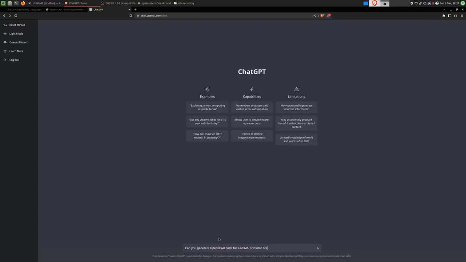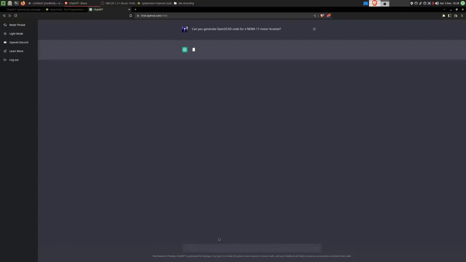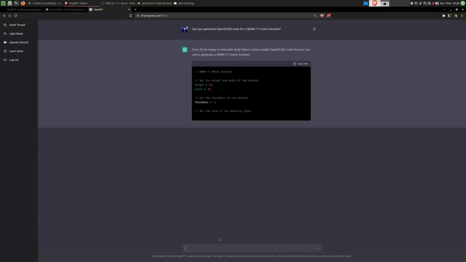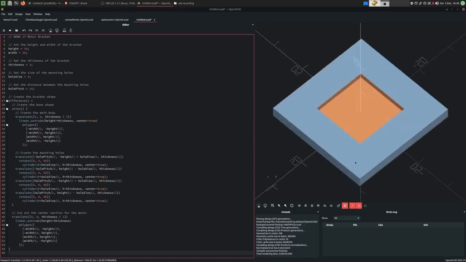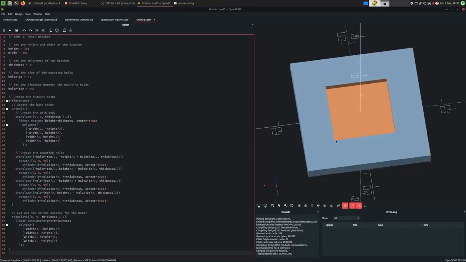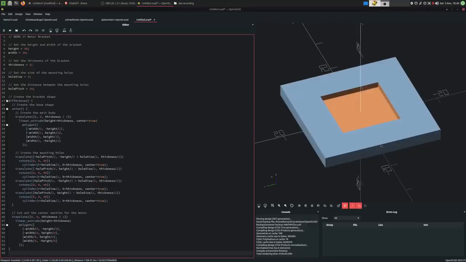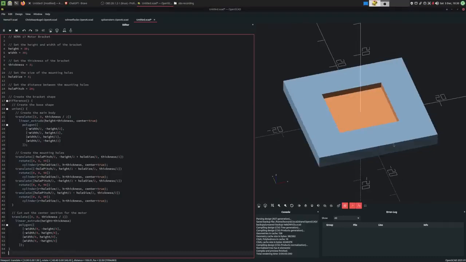I'll ask it to generate OpenSCAD code for a NEMA 17 motor bracket. And this will show the approach the AI takes on generating these pieces of code quite well. Look how cute. Here we can see a big problem with the code these things generate. It doesn't really have an understanding of the geometry it is creating. It's just piecing together various snippets of code it found in its training data set. But the AI was trained for very different purposes than 3D geometry generation. I would not be able to mount a motor to something with this geometry.